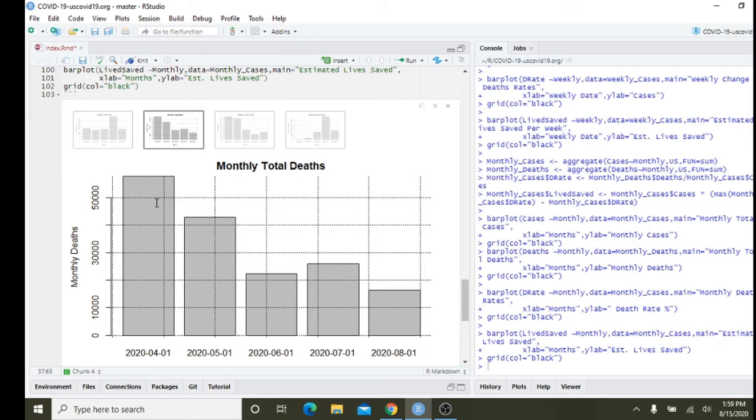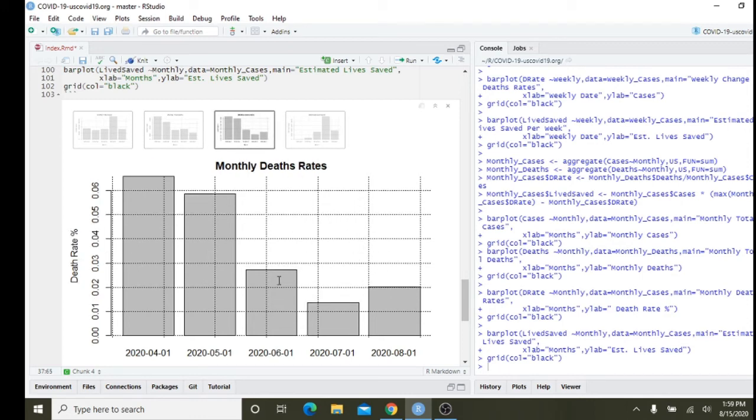Deaths by month. You can see the decline down to here, and even in July, there was a decline in the number of deaths reported. For the first 2 weeks of August, it's awfully close, so we could wind up matching this or maybe a little higher. Let's see. Monthly death rates: a high of 6%, 7% death rate, declining, now back up to a spike of